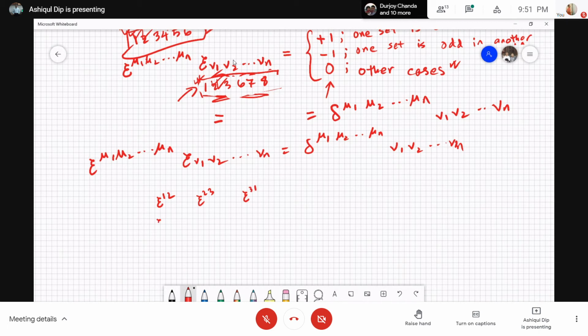Then E21, E32, E13. These are the possible negative ones. Now what happens to like this E23, but E